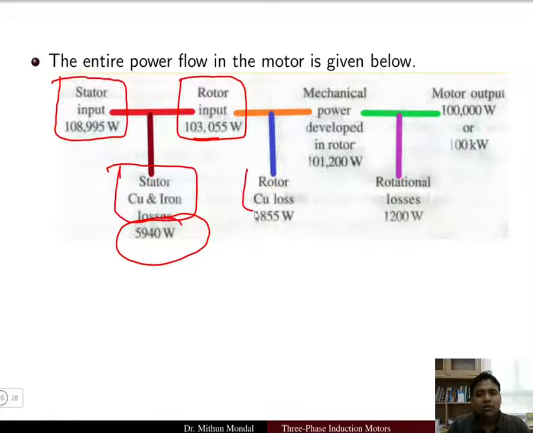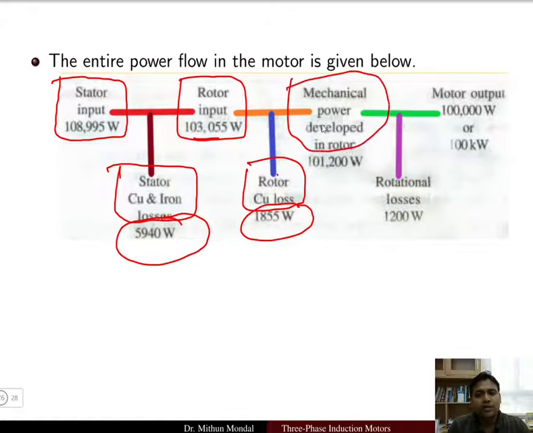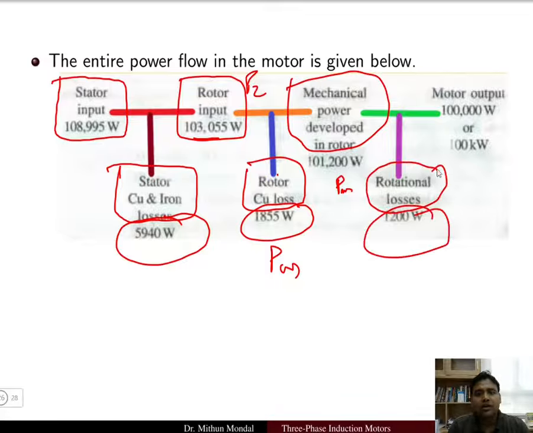Some amount of rotor copper loss is there, which is 1855 watt. Subtracting the rotor copper loss PCU from the rotor input P2, we get the gross mechanical power PM developed. Then if we subtract the rotational losses, that is 1200 watt, we get the